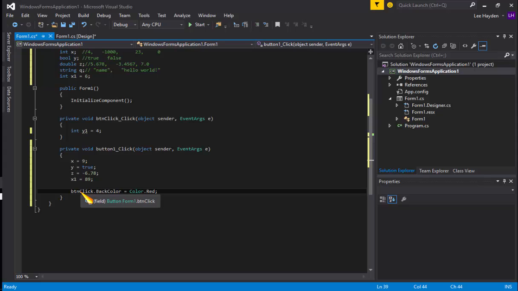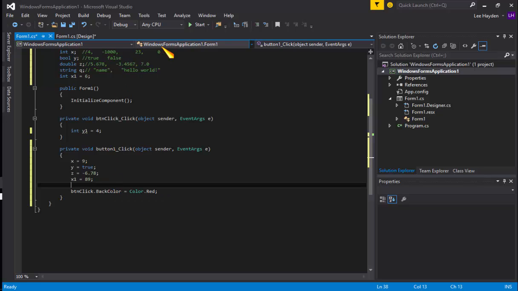And that's the format for assigning a value, or state, to a property of a control object: the name of the control object, a dot, then the name of the property, equals, and finally what you are assigning to that property of that